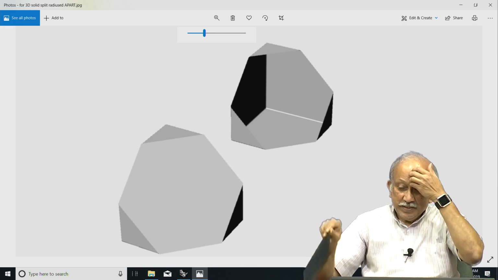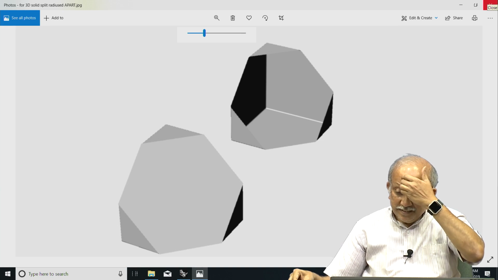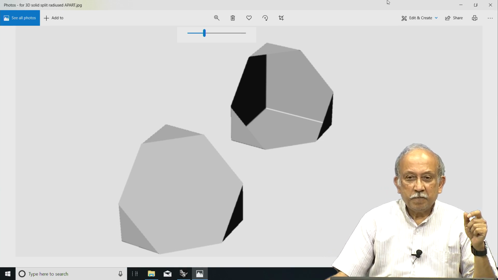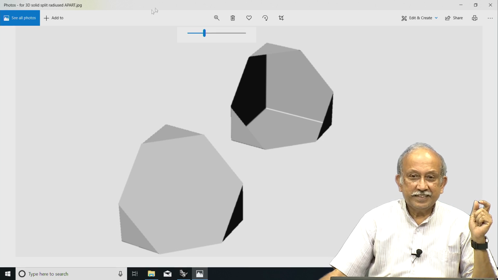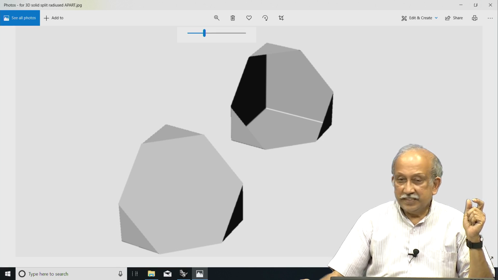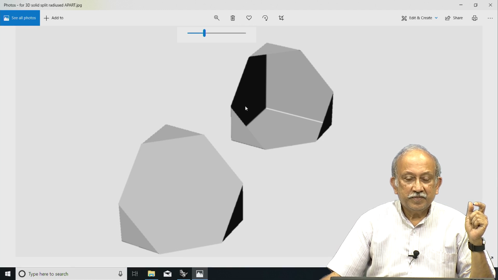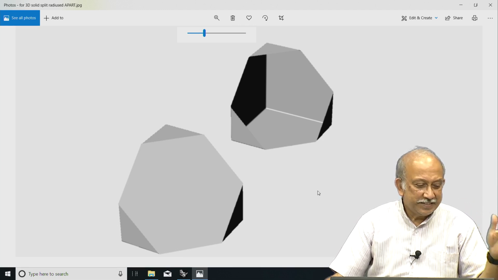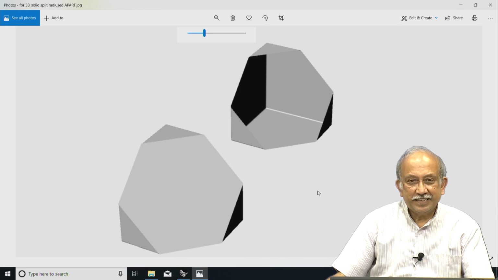This is how all mesh generators, everything start, and a lot of the things which we assume, including shadows, all depend on that.